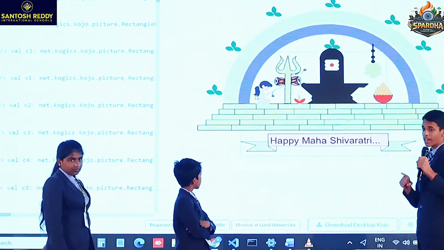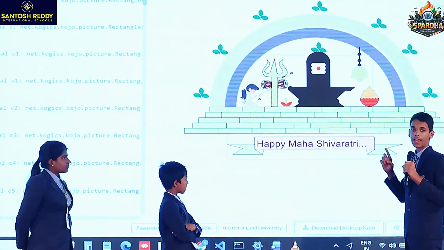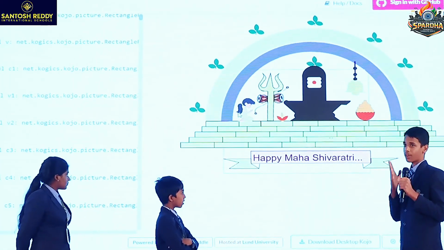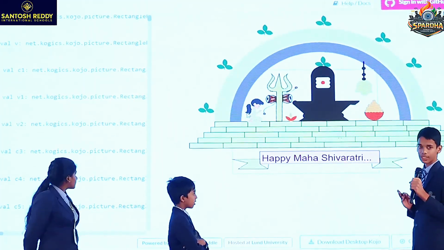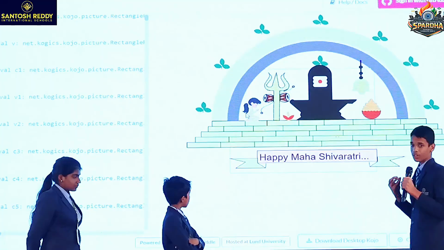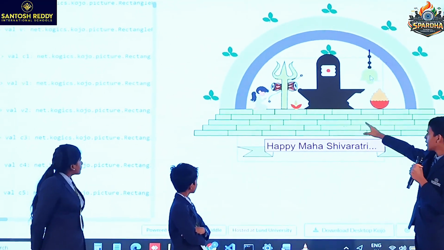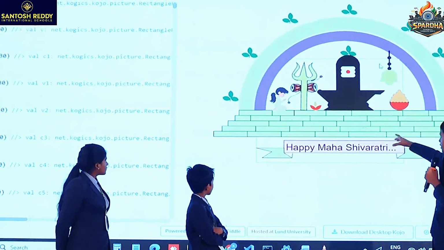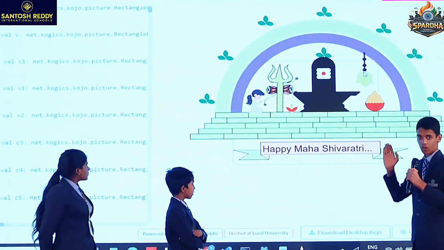When it comes to the laddu, I made a bowl with a 180 degree arc and forward, and then the laddus, which are circles colored orange, and I repeated it the same number of times. For the leaf, I used different kinds of left and right commands and actions. The banner is a rectangle with a different value, and inside it is a text which has been given a value and set in position with print. I pasted that image, placing the god. And there is a diya which I made with arcs and some circles and a small arc.